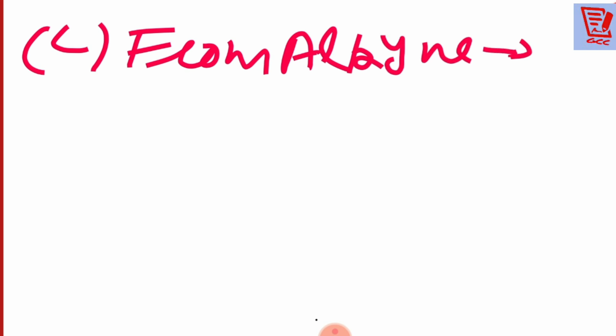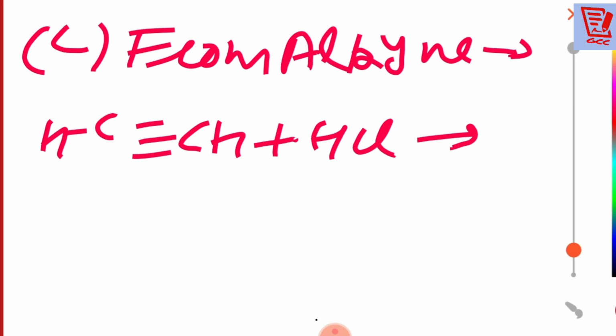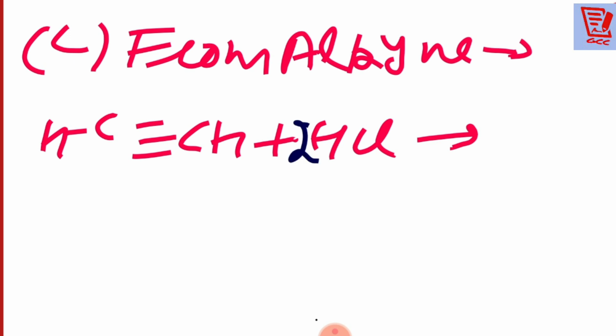Now after that, beta, we are going towards the third portion, that is from the alkyne. The alkyne is almost similar to what we have done in the alkene. Suppose I am writing here CH≡CH plus HCl. What to do there, beta? We have to use 2 times HCl. Why 2 times? Because a triple bond is here, and only then will it become a single bond. Yes or no, beta?